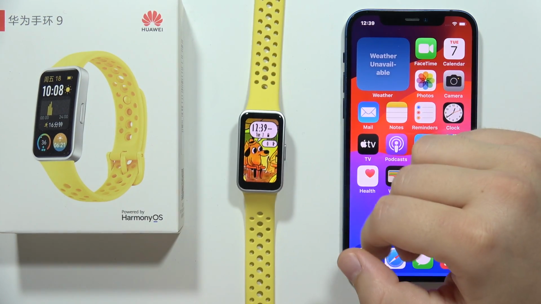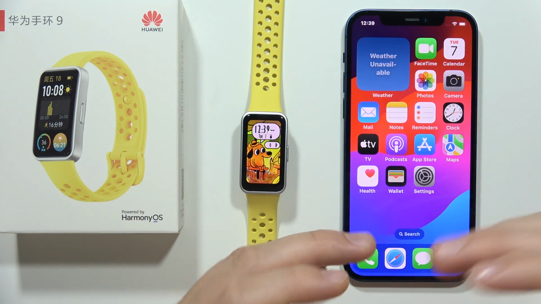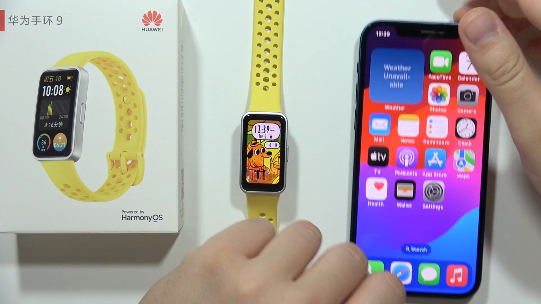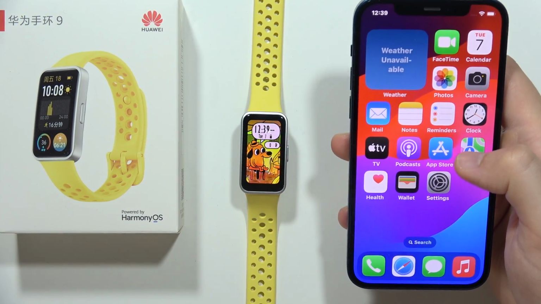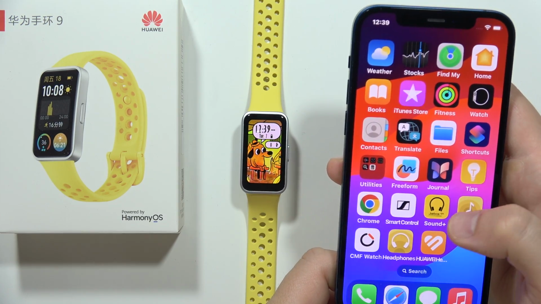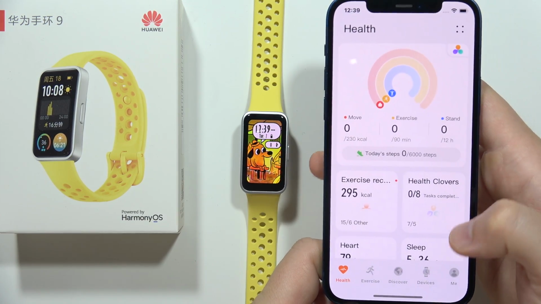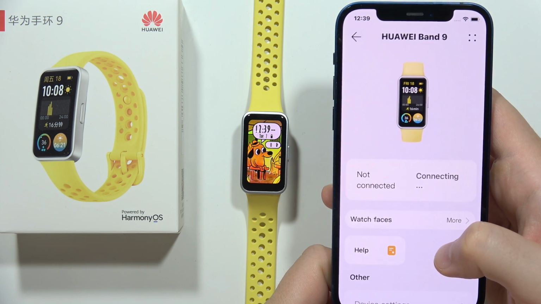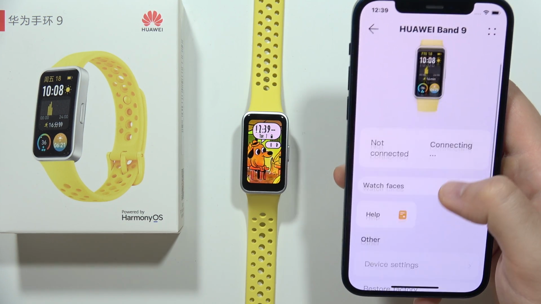Hey, let me show you how you can fix the issue when you cannot receive notifications from your phone on your Huawei Band 9. First of all, you have to focus on your smartphone and check if you enabled the notifications in the Huawei Health application. So open it, go to the devices, select your device, and after you are connected, you will have to go into the